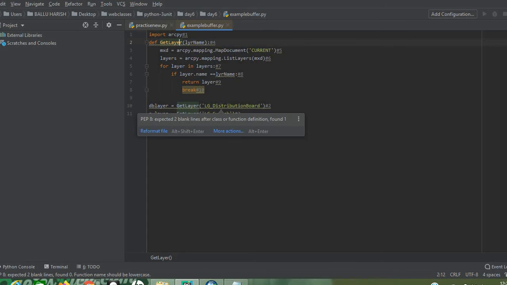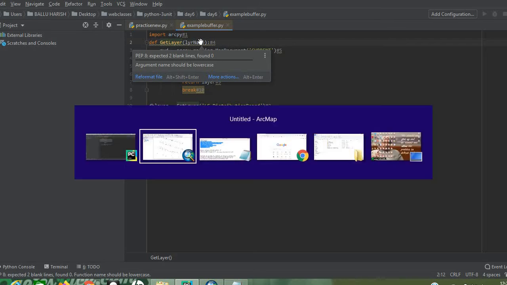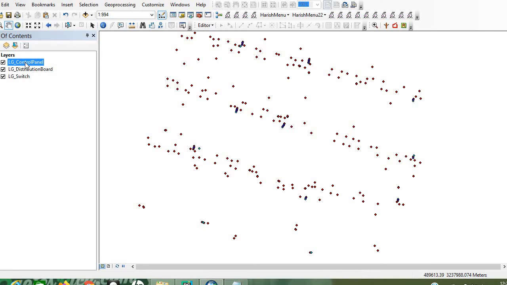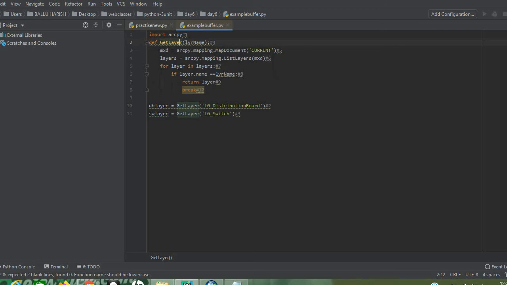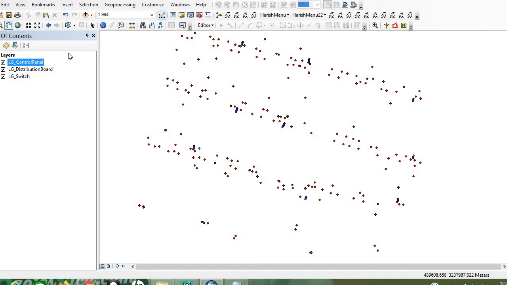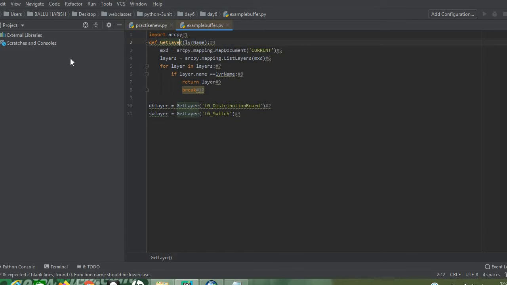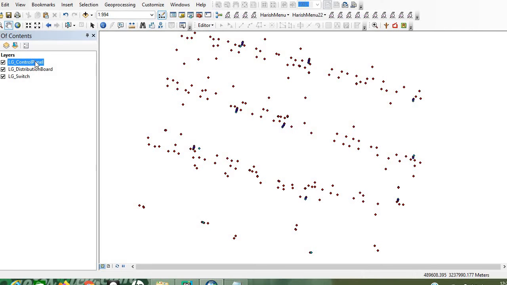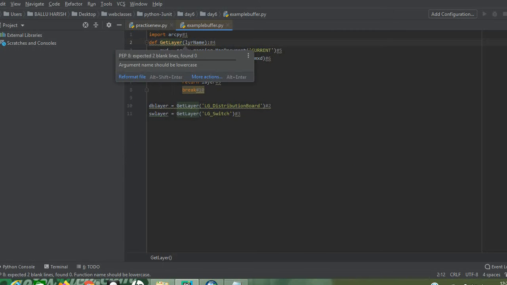Actually here the calling function has LG distributed board. This LG distributed board will be separate from the called function, but actually the first layer of the ArcMap is control panel. As the LG board and control panel are different, PyCharm will ignore the control panel. Okay, for ignoring any other irrelevant layers in the ArcMap we are taking the help of the call function.